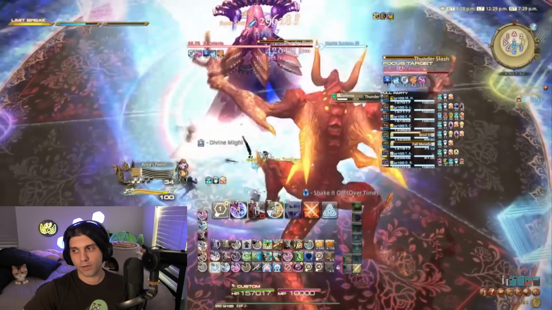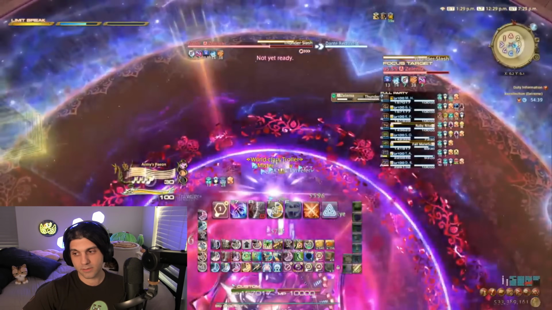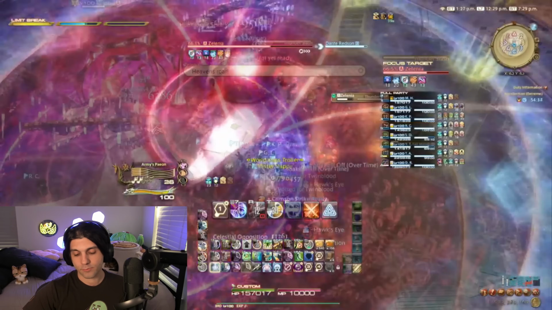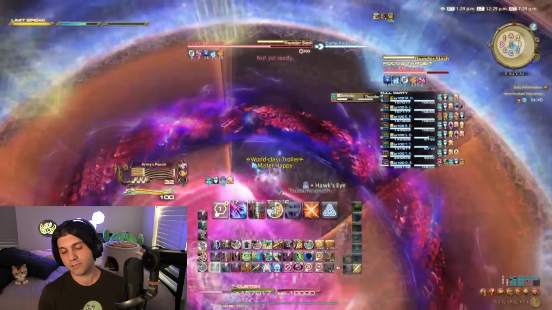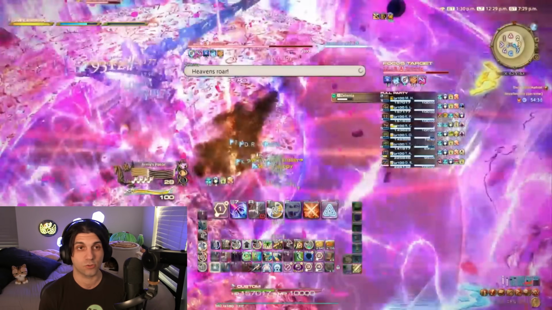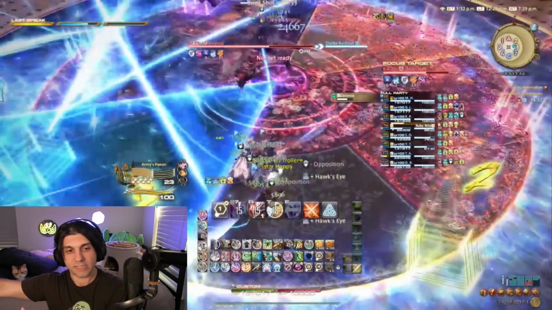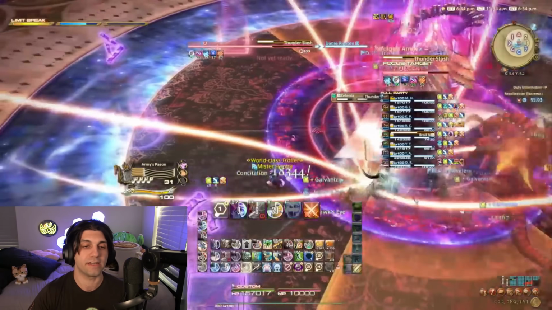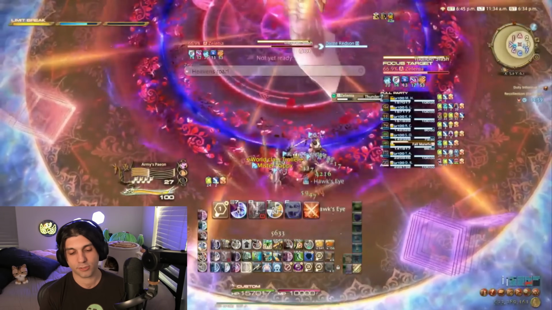But 7.4, I think everything that we know about 7.4 is largely accounted for. We did get some recent confirmations about stuff that's planned for 7.4. So let's cover the basics. We know, of course, MSQ, but specifically MSQ that's going to be leaning towards getting us to 8.0. It's going to be far more next-expansion-centric teasing, because Dawn Trail is getting its actual finale in 7.3. So MSQ, let's just rattle off the basics.